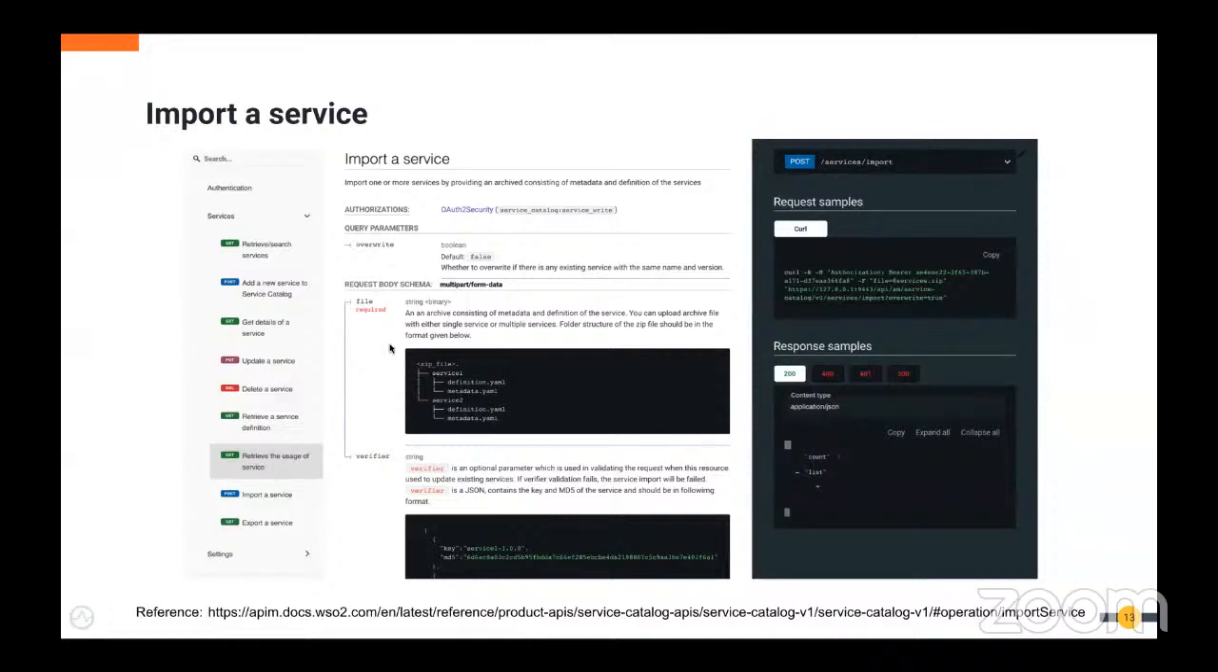Here in this documentation, you can see that the folder structure is explained. So if you have two services called service 1 and service 2, you don't have to create two zip files. You can create one zip file with the relevant folder structure, and the services will be created in the API Manager layer. Also, there is a verifier parameter. This is an optional parameter which is used to validate the request. This is basically the MD5 sum of the metadata file and the definition file, and you have to concatenate them to get a combined MD5 sum key. And you will be sending this key